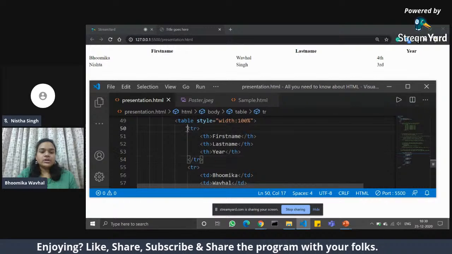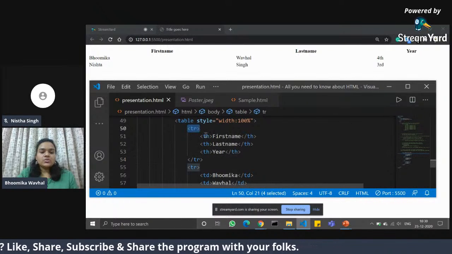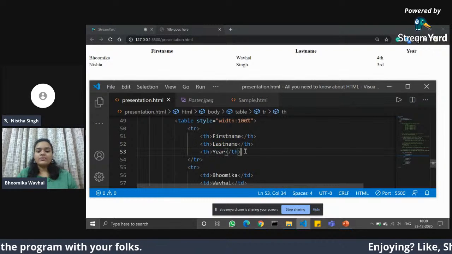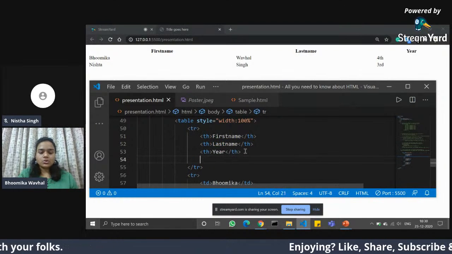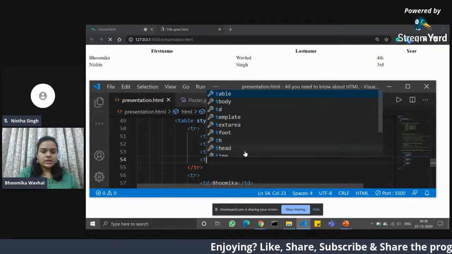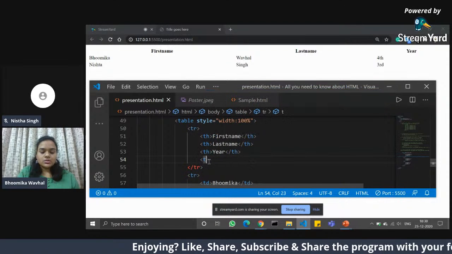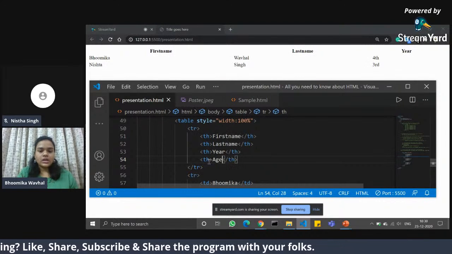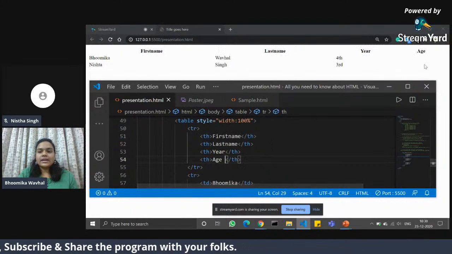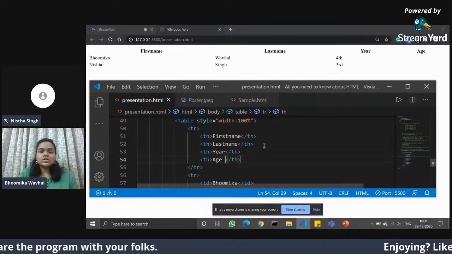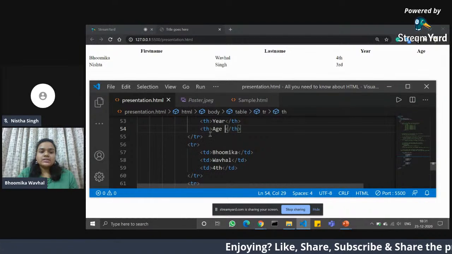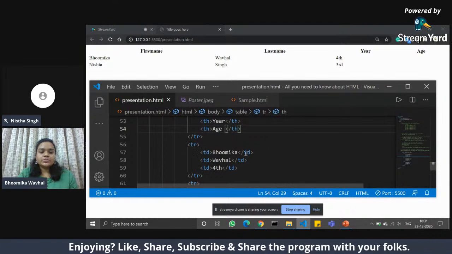Then we have a table row. So how many rows does it have? It has first name, it has last name, it has year. If I want, I can add another row called, say, age. So if I add another called age, it will add another heading called age. Then another column, age. Then in the table row, I have to give, okay, the first name is Bhumika, the last